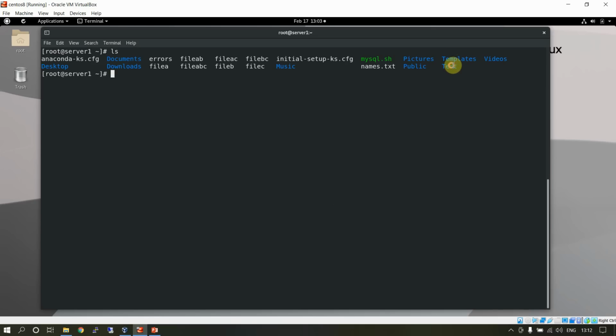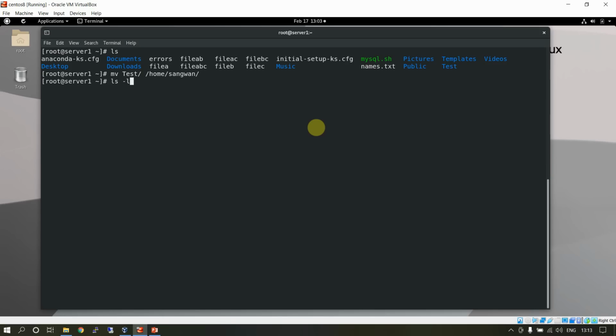Let me copy the directory test to the sang1 directory. So mv test to /home/sang1. So this will move the entire directory to the /sang1 directory.